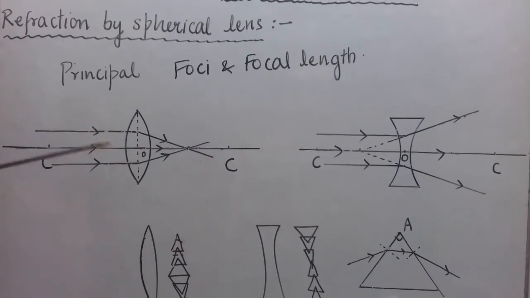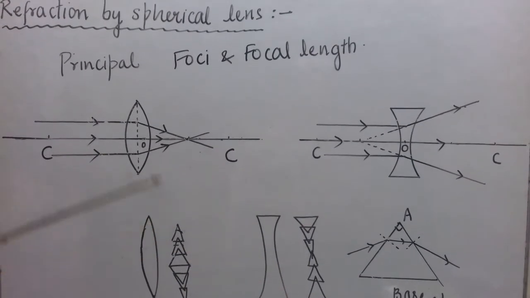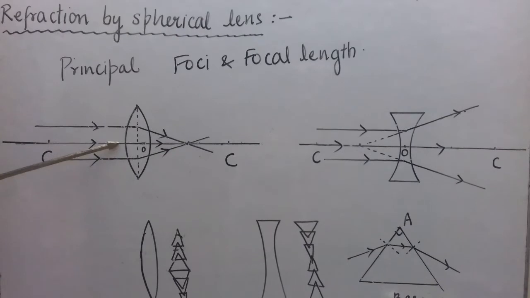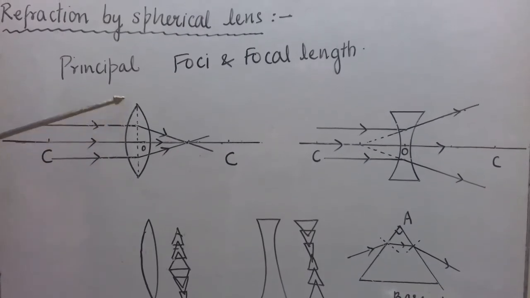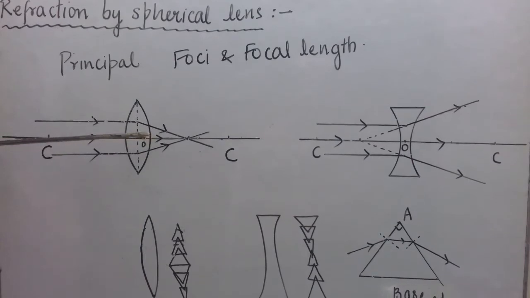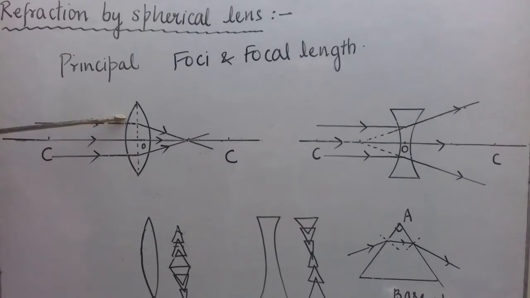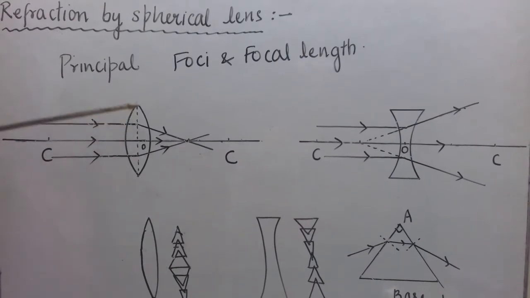Now since the ray, when it enters into the prism, bends towards the base, and for all these prisms which are assumed to be lying above the principal axis, their base is lying towards the principal axis. So we can accept it logically that when a ray is incident above the principal axis parallel to it, it is going to bend towards the principal axis.